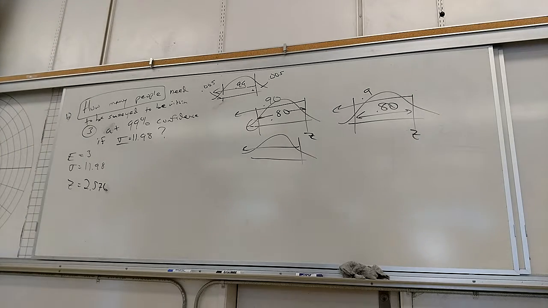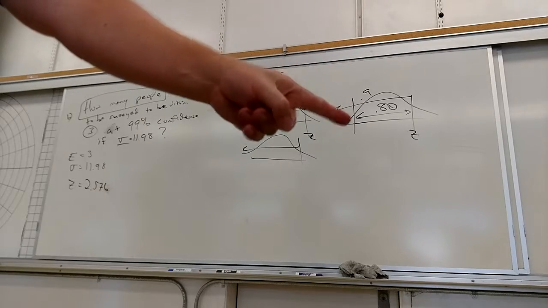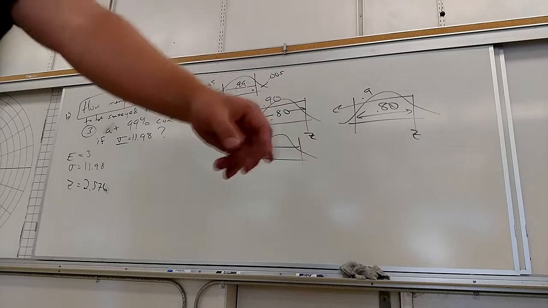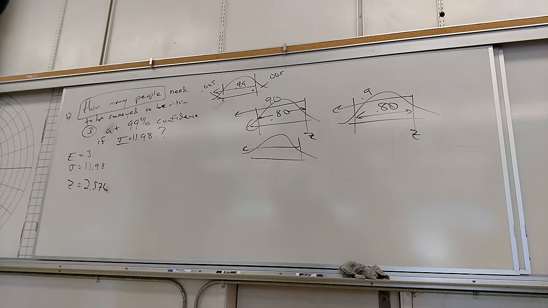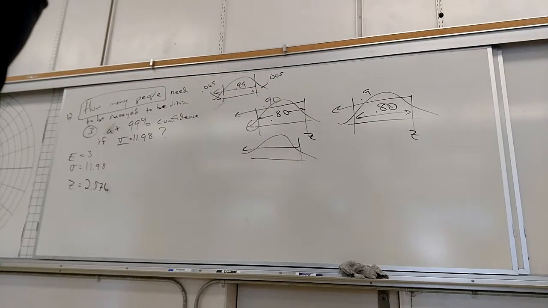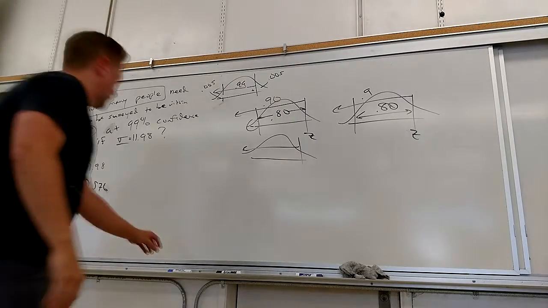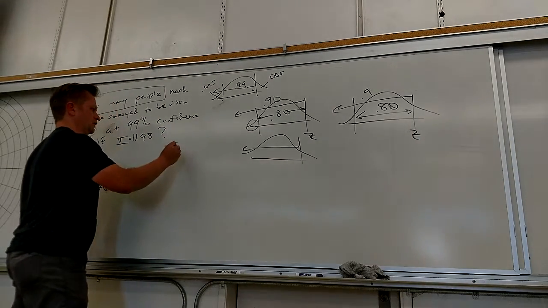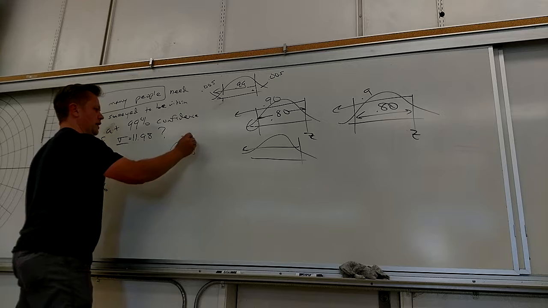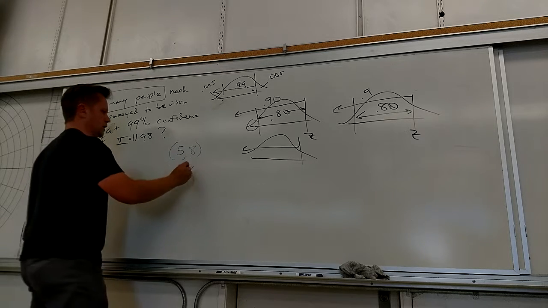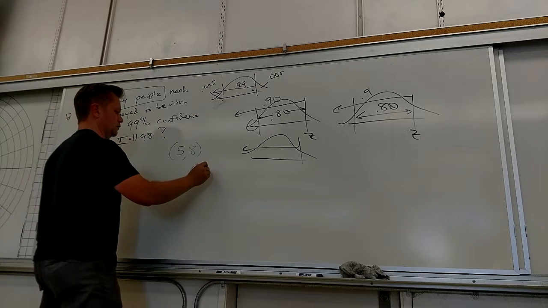So this is why we don't use them as proof of something. We use hypothesis tests to test a claim, but you can still get a rough feel for things with the confidence interval, and confidence intervals are quicker than 5-step hypothesis tests. So if I make 2 confidence intervals, for example, if one confidence interval said it was somewhere from 5 to 8, and another one said it was somewhere from 7 to 10,